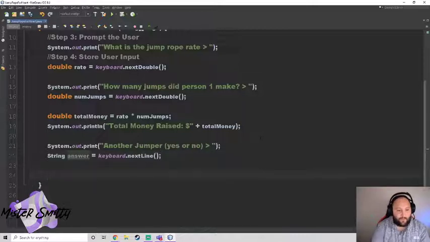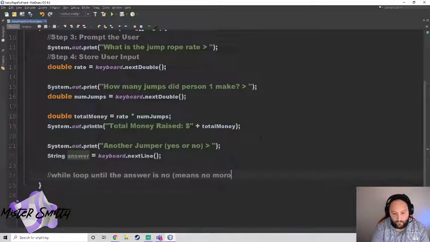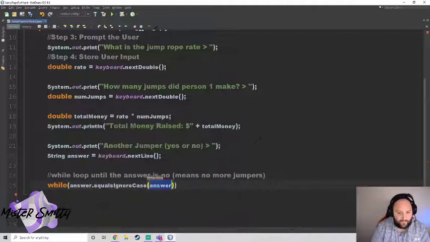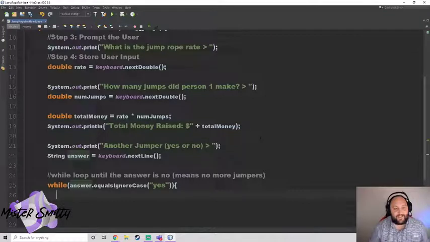So now we can do a while loop. So we need a while loop until the answer is no, which means no more jumpers. All right, so we want to loop until there's no more jumpers. So while answer dot equals ignore case. All right, I'm doing that so that they can enter yes, or they could enter yes, or they could enter, you know, whatever, like capitals won't matter. That's why I'm using equals ignore case. So as long as they say yes,